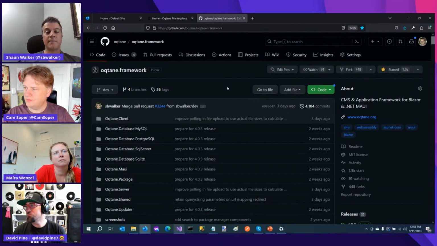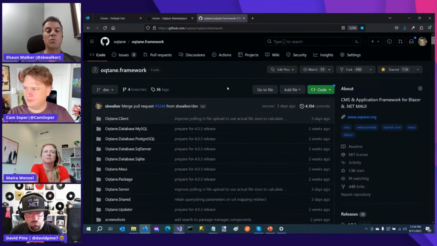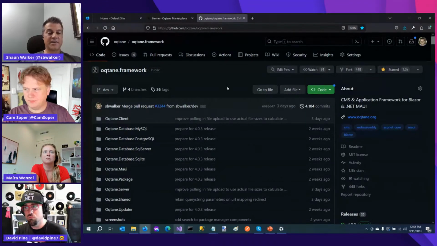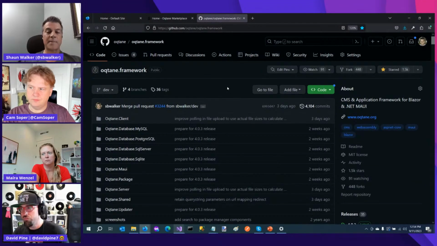It means that at runtime, the application needs to figure out on its own what dependencies it has, because the .NET runtime isn't going to figure that out for you. By default, the .NET runtime is going to load only the things that the Oqtane framework knows about. It doesn't know about all of the third-party components that you are using in your site. So Oqtane has to recognize that they exist for one, and then it has to load those into the app domain so that they're available at runtime